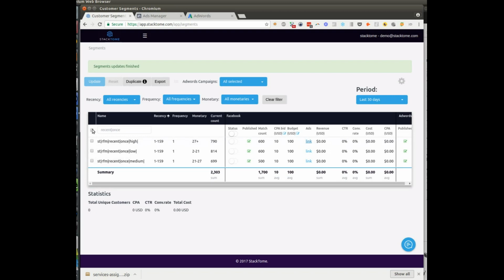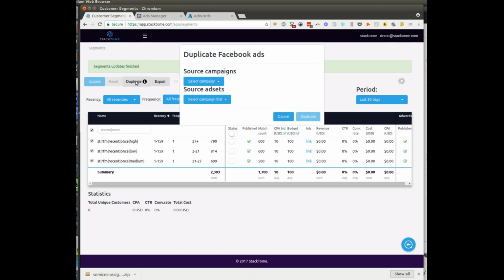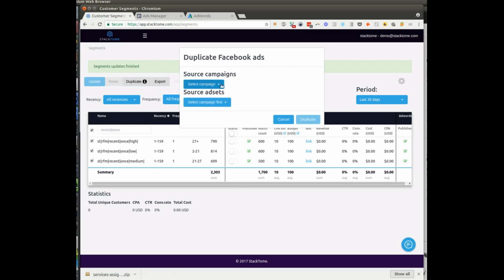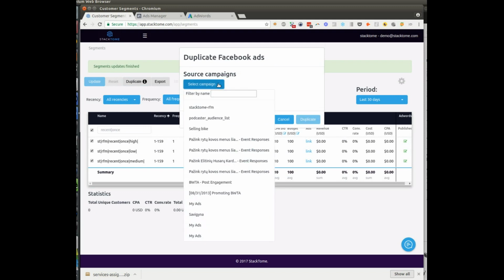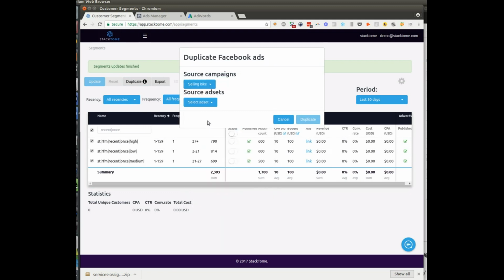You do that by selecting segments you want to activate. So for example, you want to activate all of these, and we click the duplicate button here, and now we have to select from which campaign I want to copy the